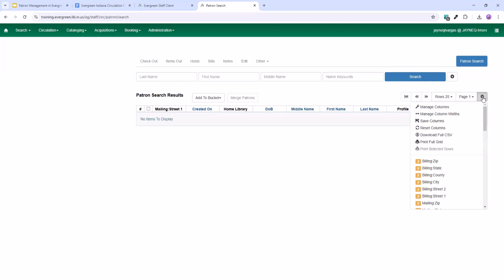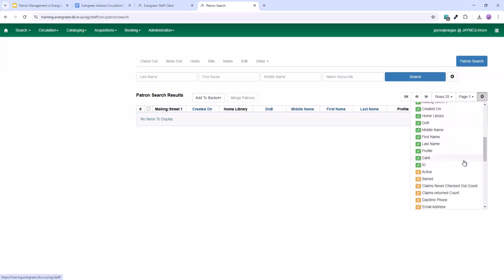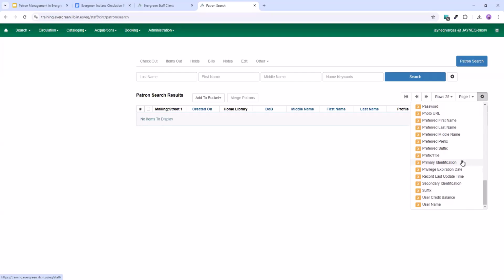So this might be one of the areas you want to customize for your workstation and maybe focus on the columns that will help maybe define the person on whether they are a match or just